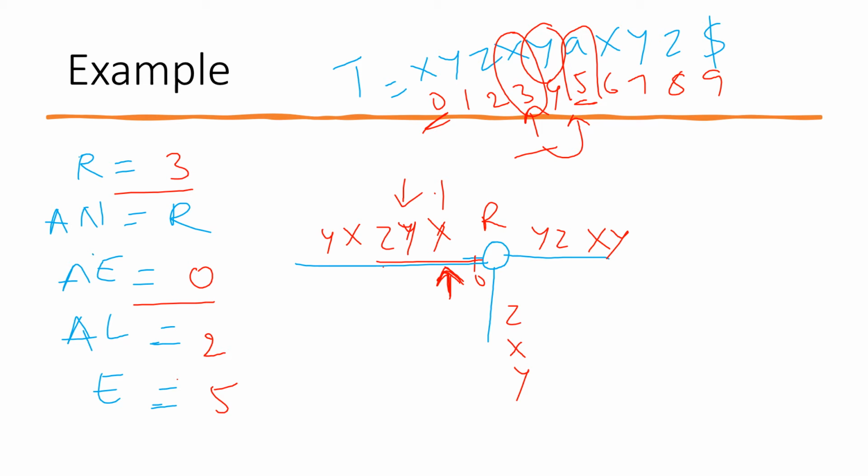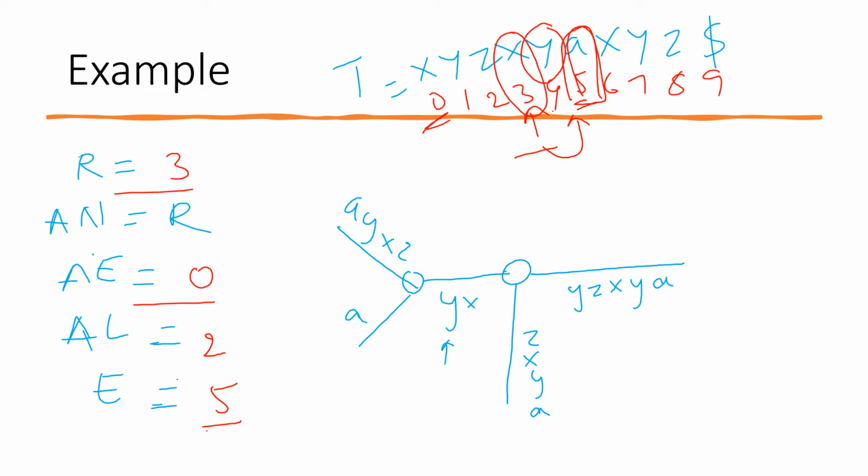By default, since we incremented the n, we'll have to add a at all the ends. Now we'll have to check a at this point. Now it is pointing here, so active edge is here and active length is here. We'll have to check if we have a followed by this. We do not have a here, so since we do not have a, we'll have to add one. We'll have to break this here and add a rule 2 extension. Once there is no new path, we'll have to create one, and since I added, I'll just rewrite everything. So here I just rewrote everything. This is how the tree changed.